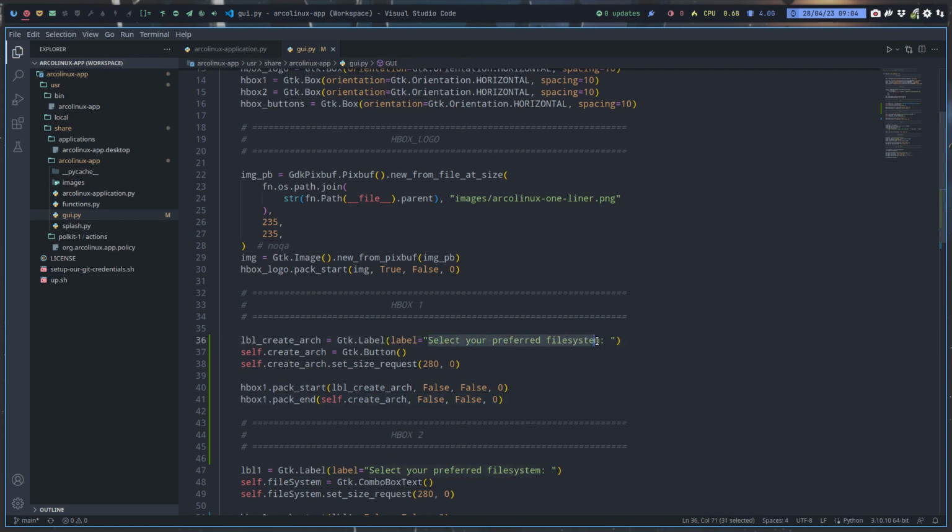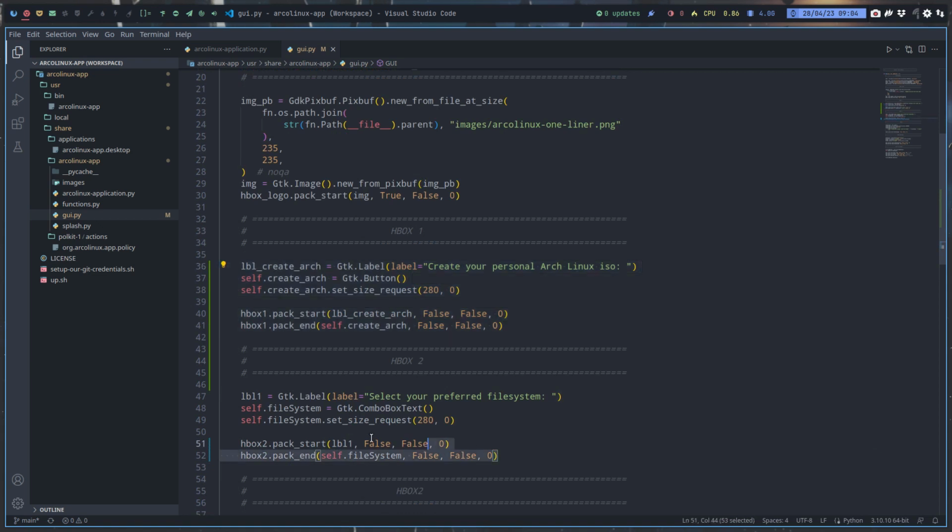So here it says create your personal ArcoLinux ISO. Save. All right. So you best copy paste this over here like that. So voila, save. If we run this again,